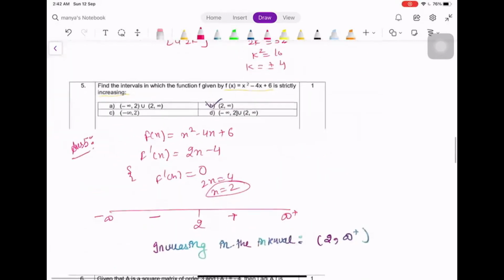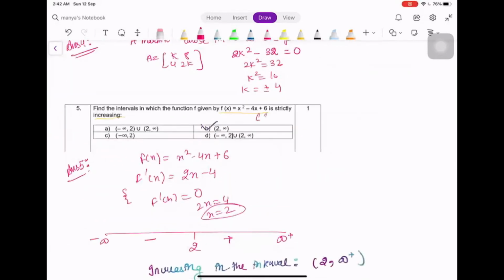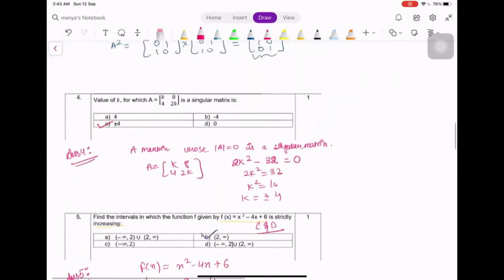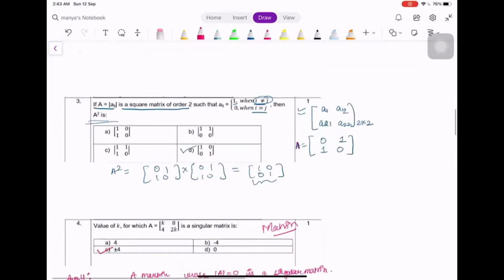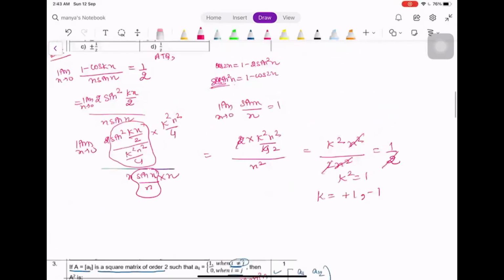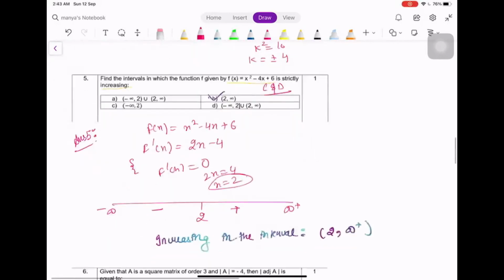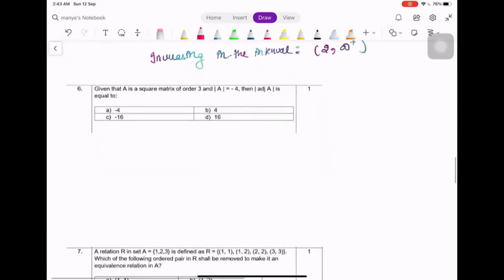So this question was from continuity and differentiability. The above question was from chapter matrix. This was also from chapter matrix. And the next questions we have written. So now the sixth question says,